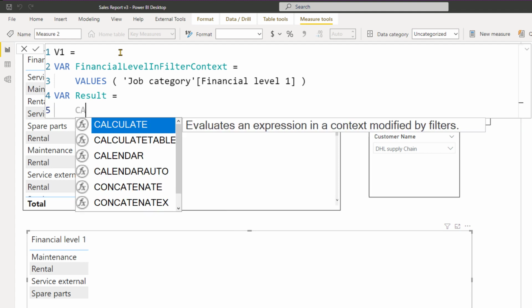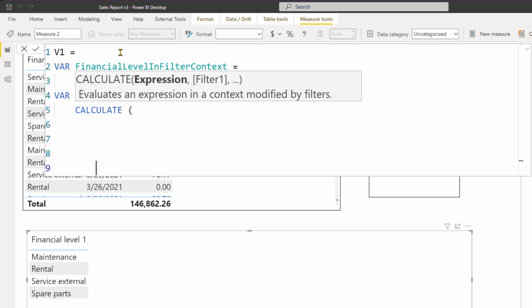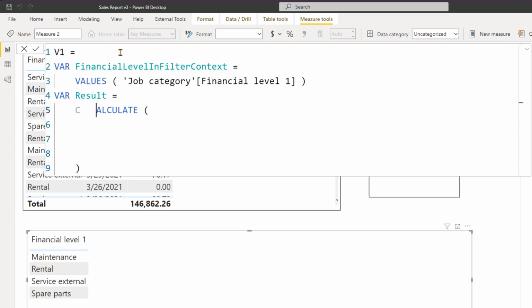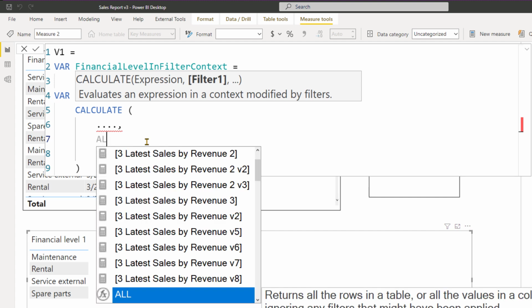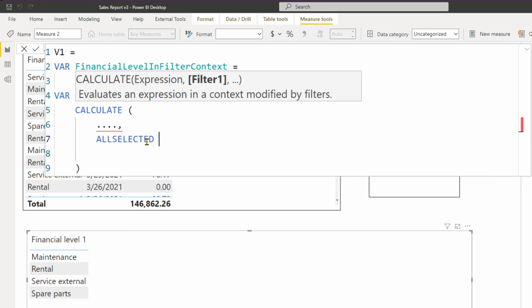What we are going to do is write CALCULATE, and close it as well. In the first argument, we are going to compute something, so let's write dot dot dot. First of all, let's think about the filter context. We have a selection over the date slicer, and in those dates we want to identify the dates that do not have a zero and have at least some revenue. In case we want to access all the dates that are selected in that slicer, we need to use the ALLSELECTED function. So we can write ALLSELECTED over the date table.